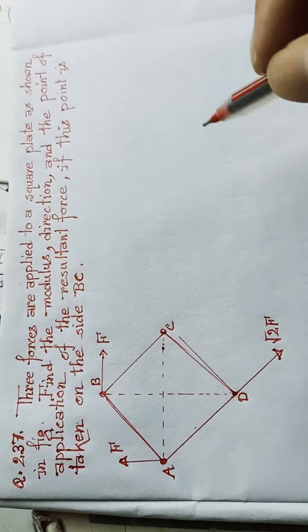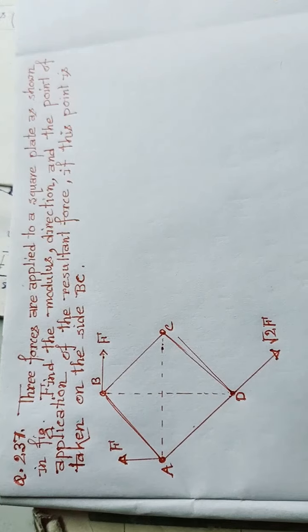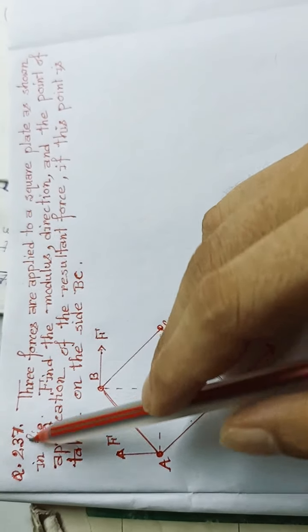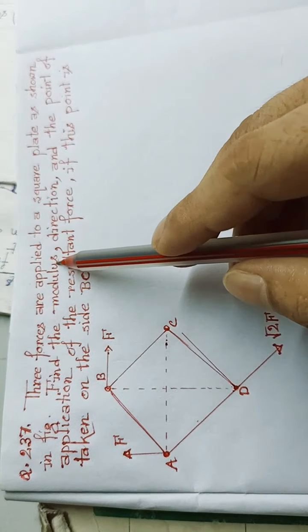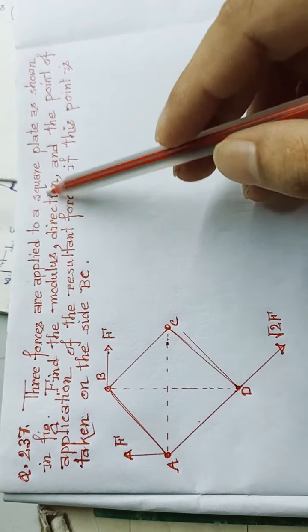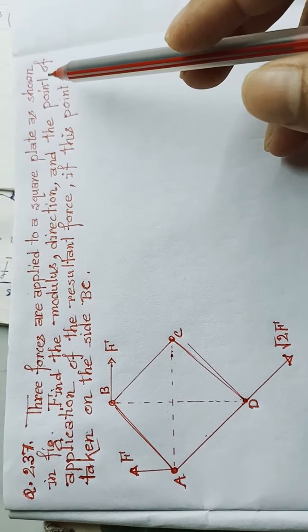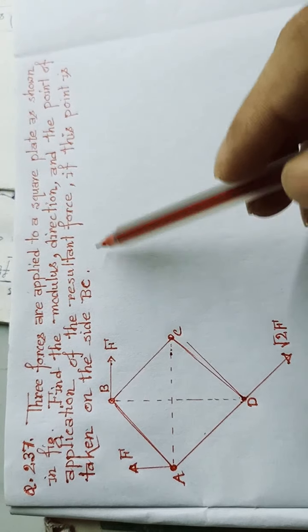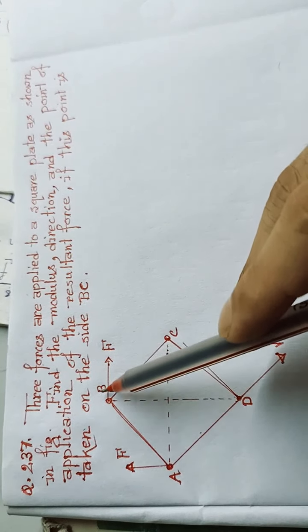We are going to solve the fourth question from Dynamics of Solid Bodies from the book by I. Irodov, and the question number is 237. The question is: three forces are applied to a square plate as shown in the figure. Find the modulus, direction and the point of application of the resultant force if this point is taken on the